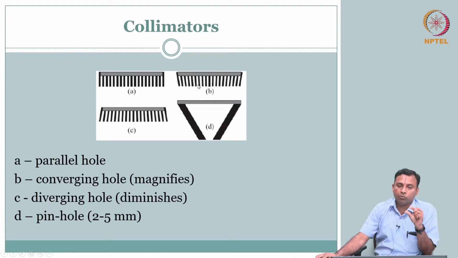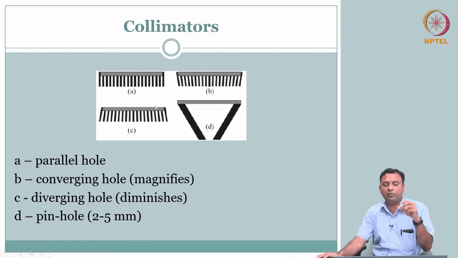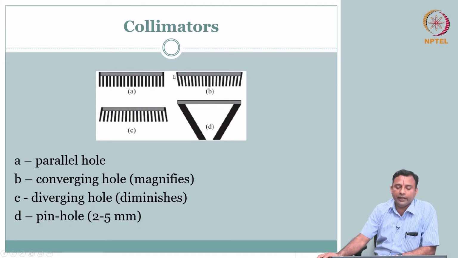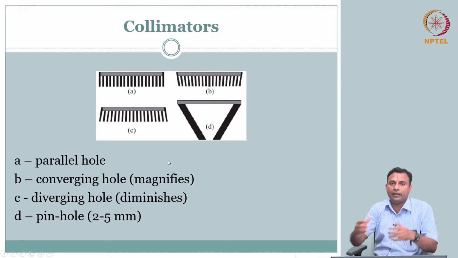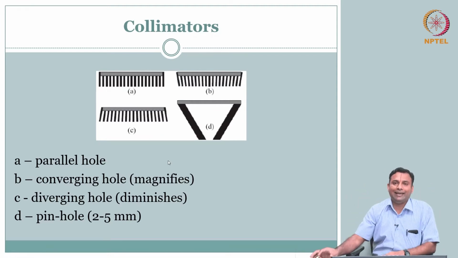Okay, so with a small area you can blow it up into the detector's full field of view, or with a larger field of view you can reduce it on the detector to a smaller region. All these are possible using diverging or converging collimators. Typically you flip it in one configuration, and if you want the other configuration you flip it back. Then you have this pinhole configuration as well. The objective of all of them is very similar: how do I target my field of view onto the detector?